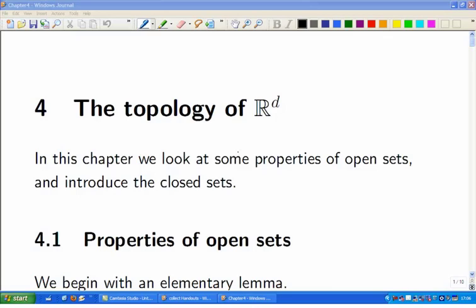Okay, if we could have quiet, please. We're now ready to start chapter 4,